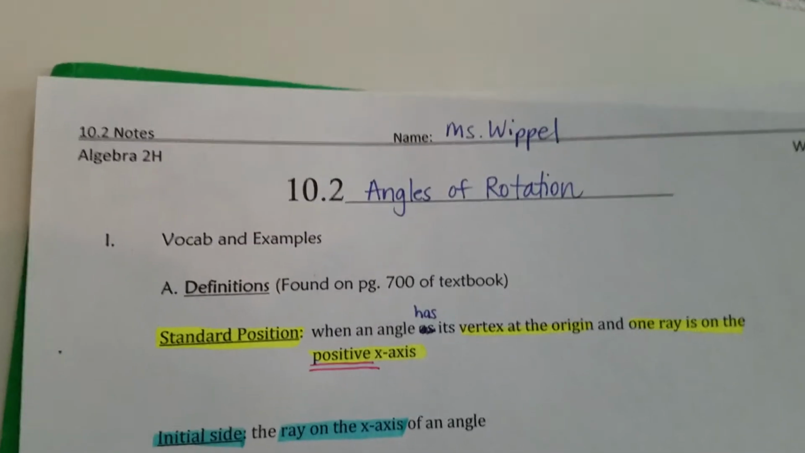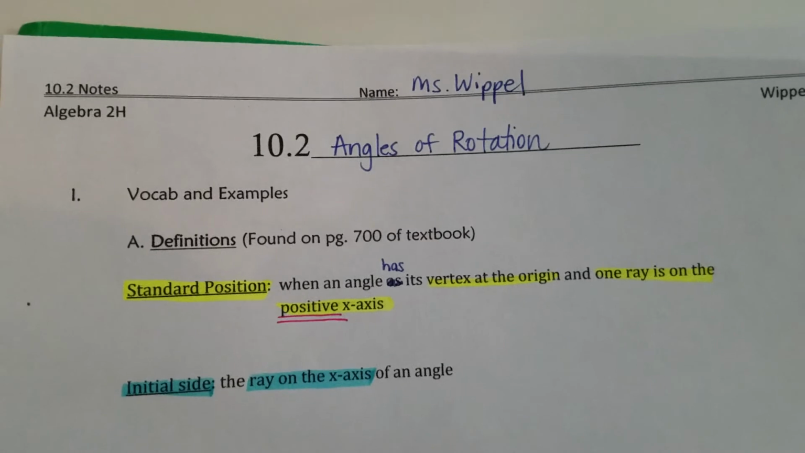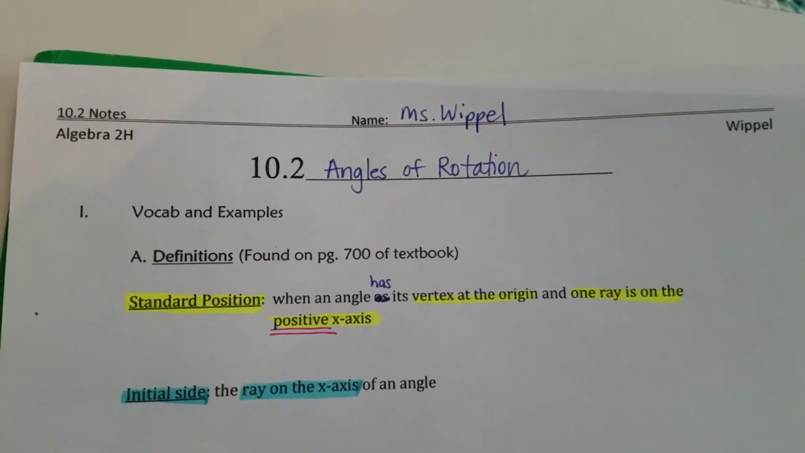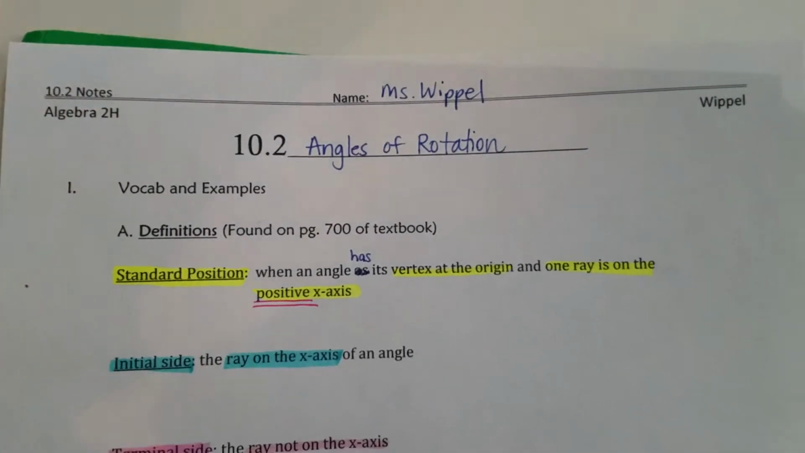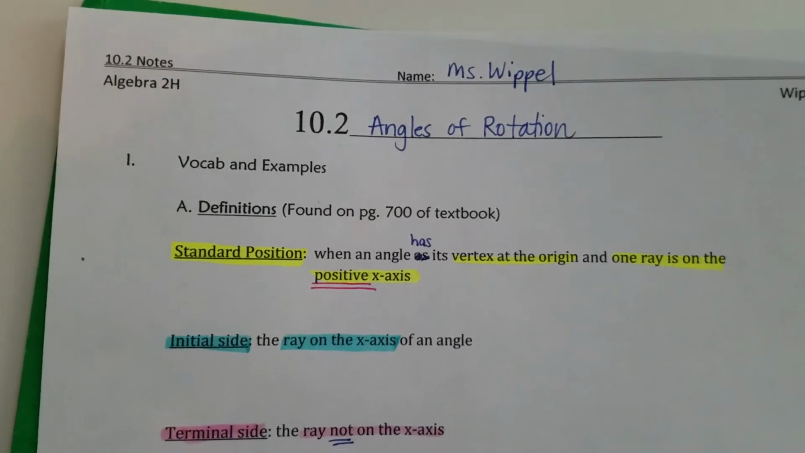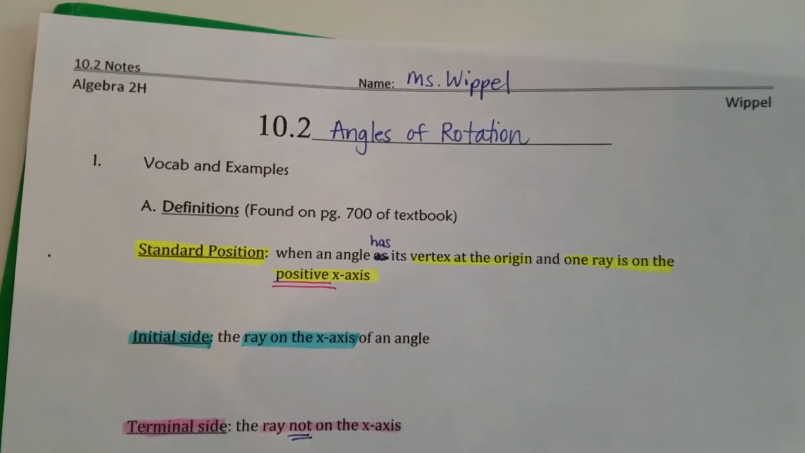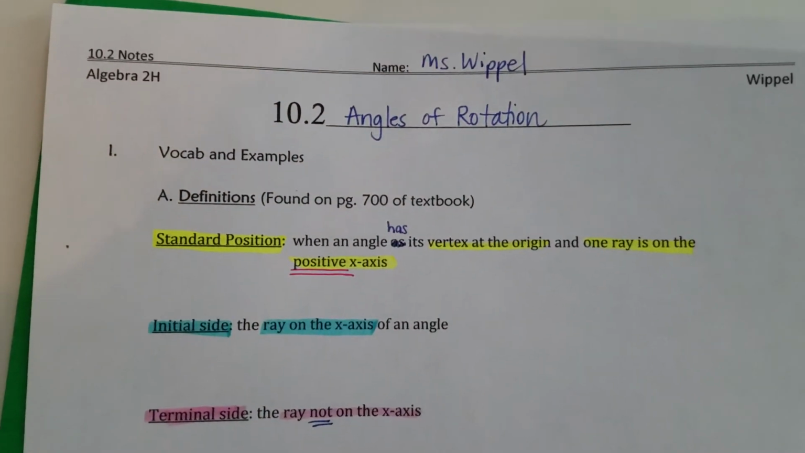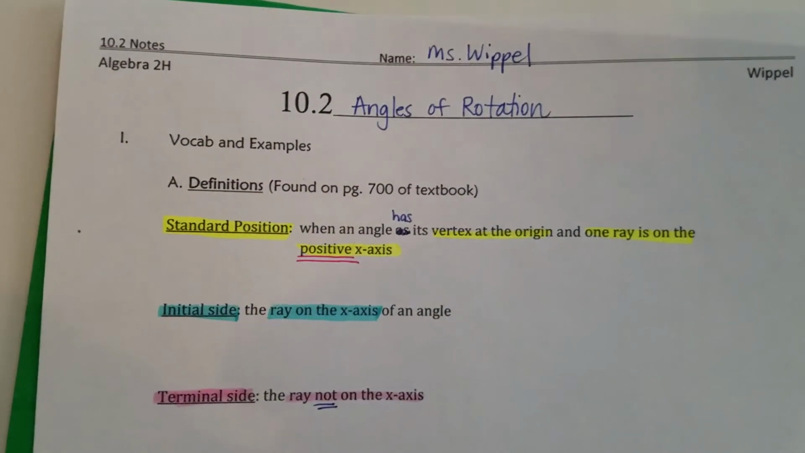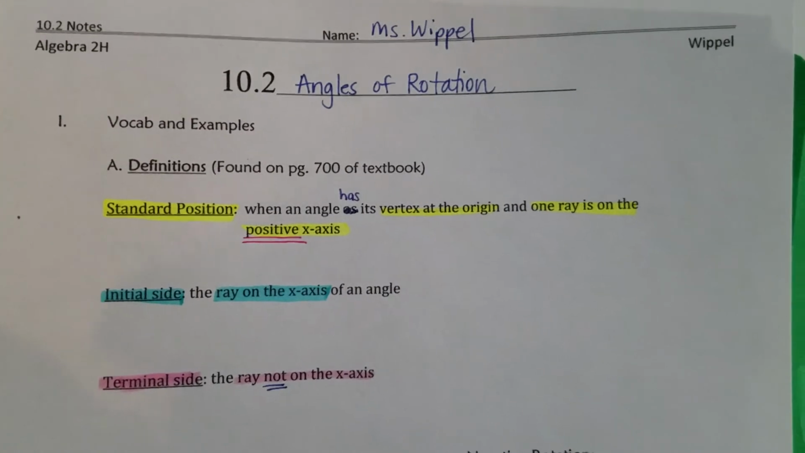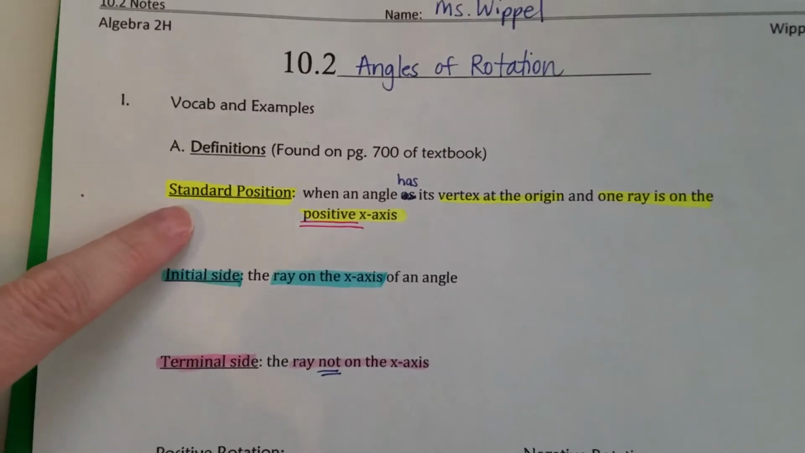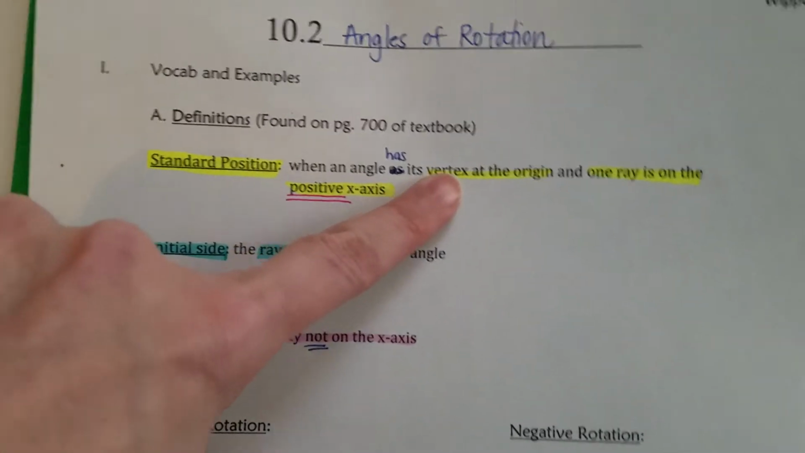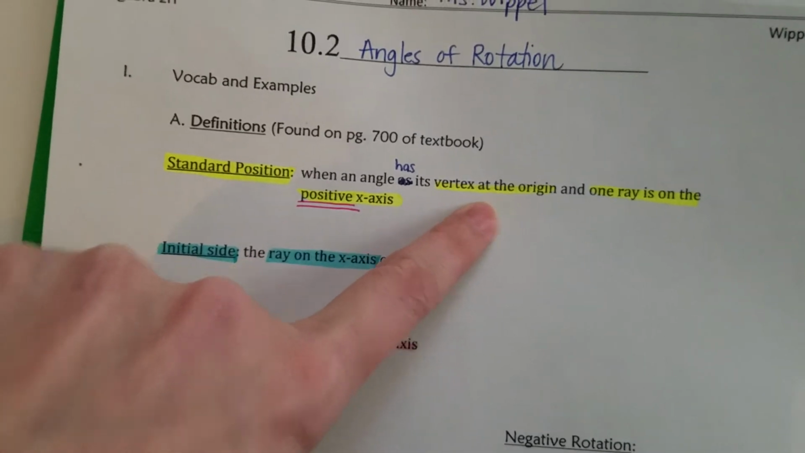Hello, Algebra 2. We are doing section 10.2 today, which is angles of rotation. This is really important for what you're going to do the rest of this year and also for pre-calculus and FST next year. The standard position is when an angle has the vertex at the origin and one ray is on